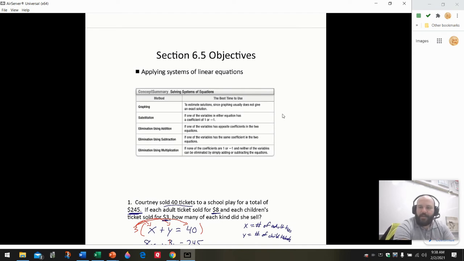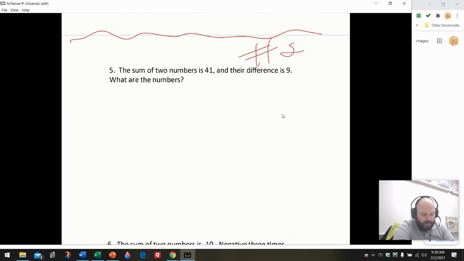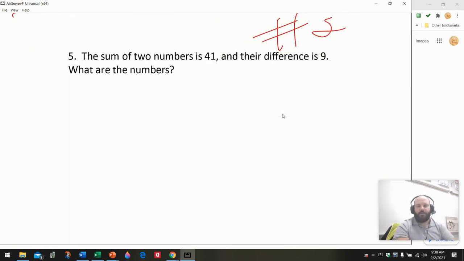Okay, hello everybody. So today we're going to continue our discussion in Chapter 6, Section 5, and I'm going to show you a few more examples as to where you might be using these systems of linear equations. So let's get started. The first example I'm going to show you here is number 5 from the notes packet,